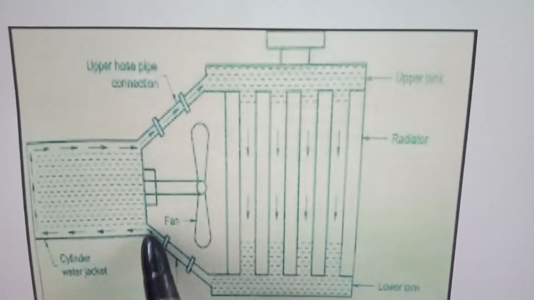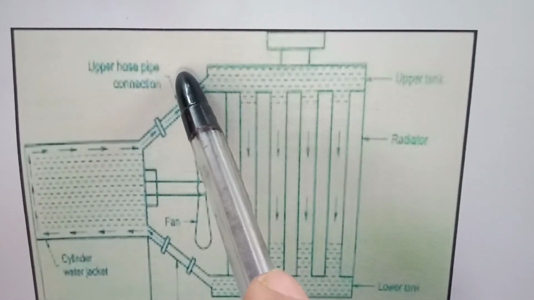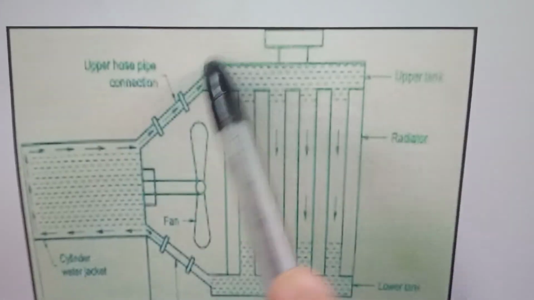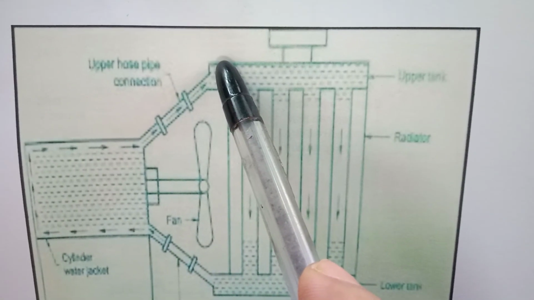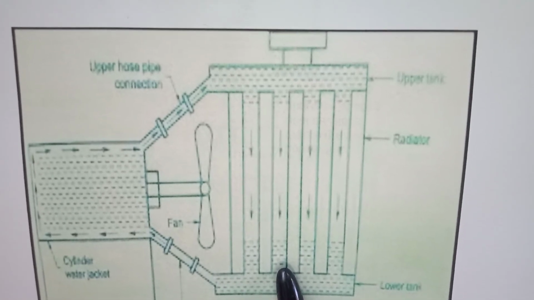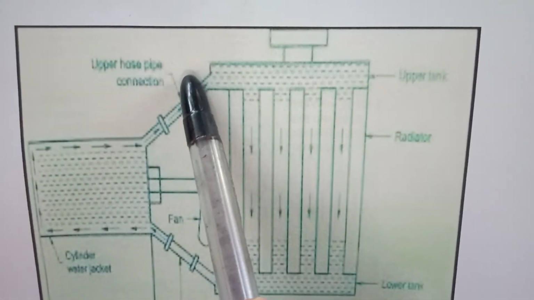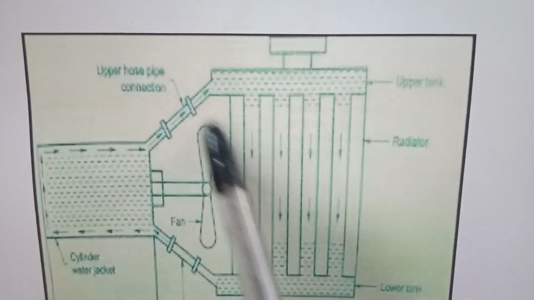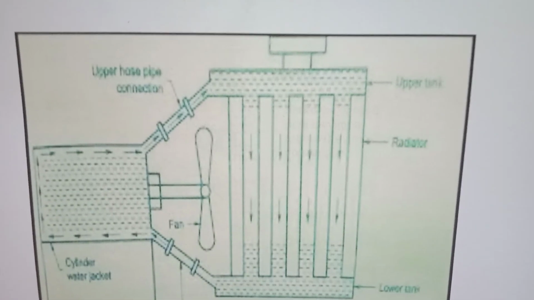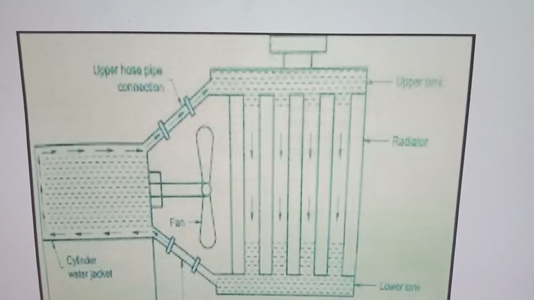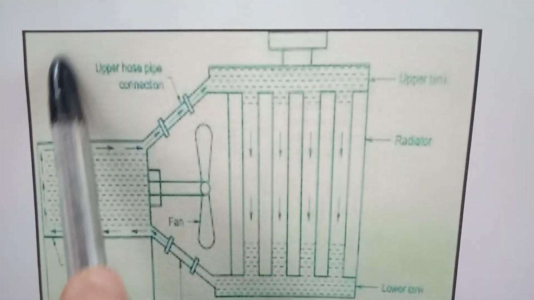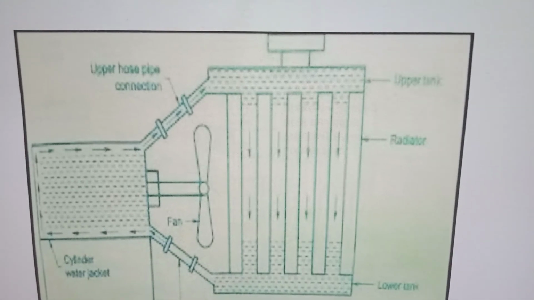It doesn't require any water pump or thermostat. It doesn't require any accessories, only one radiator and inlet and outlet hoses. So this is the simple type of water cooling system. It is employed in low RPM engines and agricultural engines, where lowering the cost is very important, as well as low maintenance. So this is how the thermosiphon cooling system works.